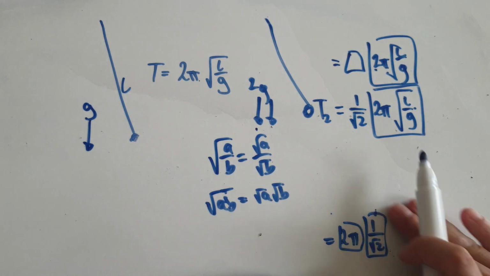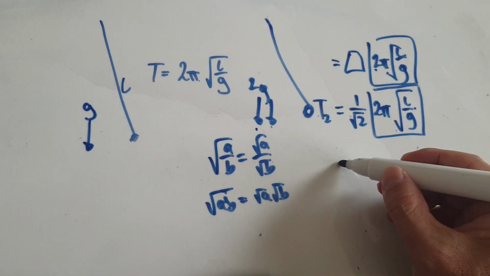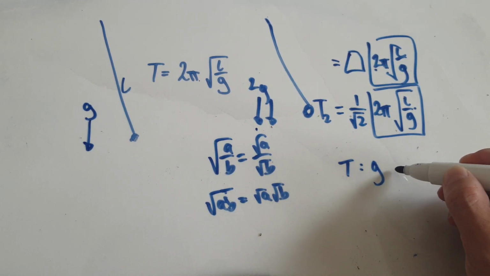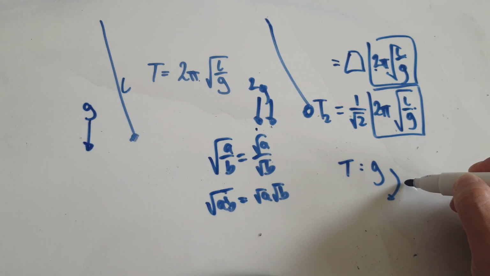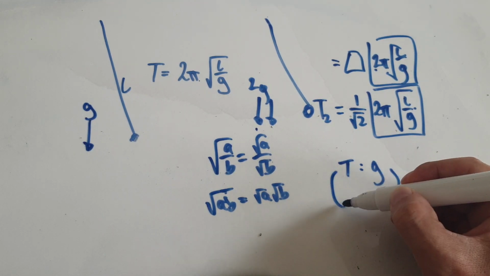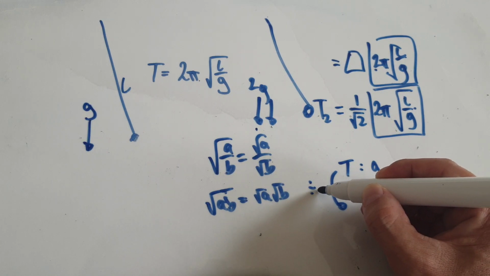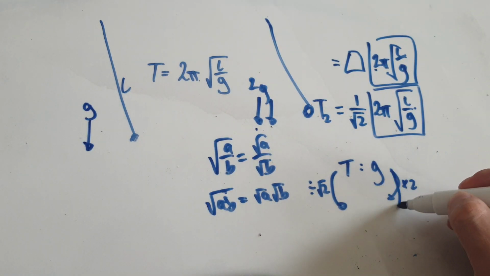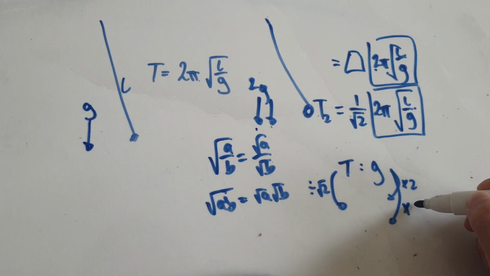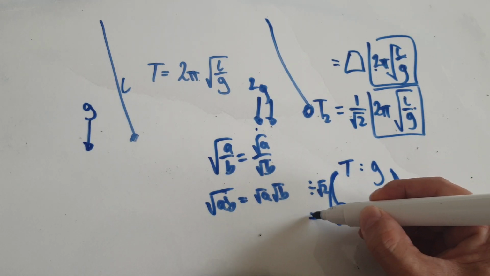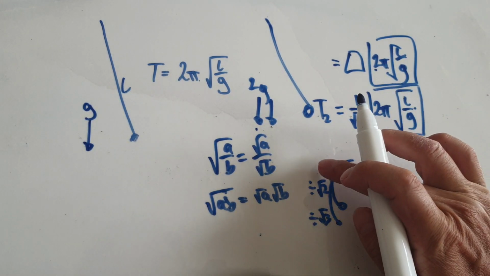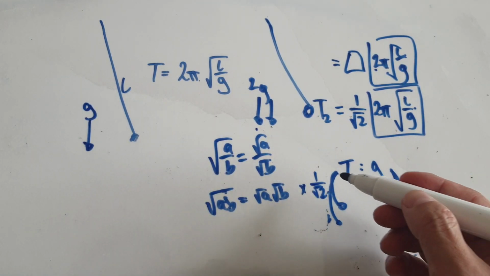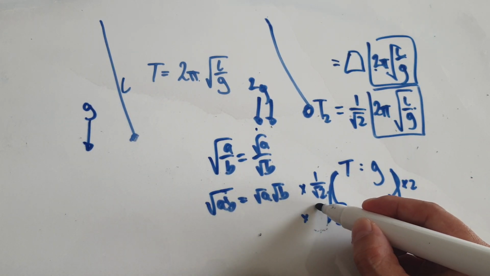So what that means is, if you go back and look at the relationship between the time it takes to do one swing and gravity, if you double gravity, if you times this by 2, then you actually divide this by root 2. If you use the same algebra, if you triple the gravitational pull, then you would divide this by root 3. But the thing is, we don't use divide here. We use times 1 over root 2, which is the same as divide by root 2,